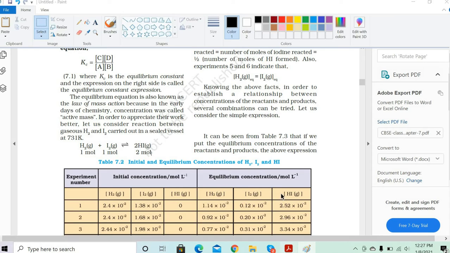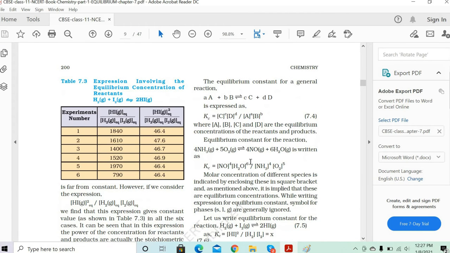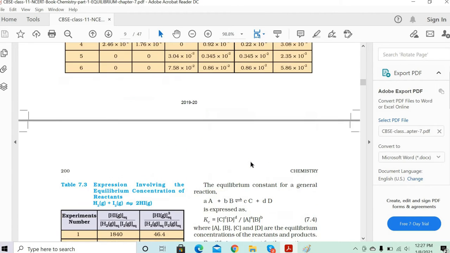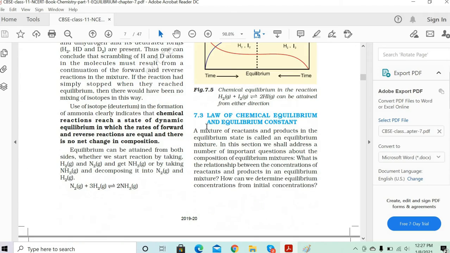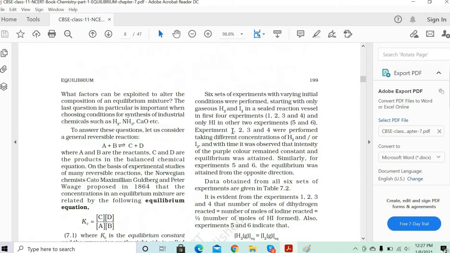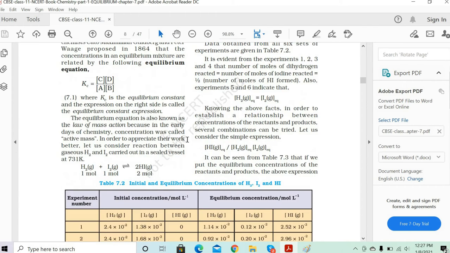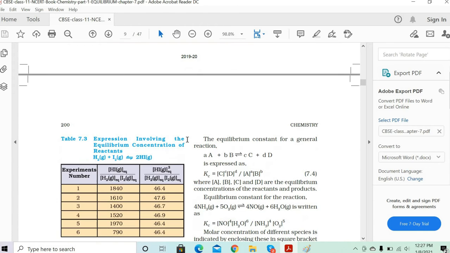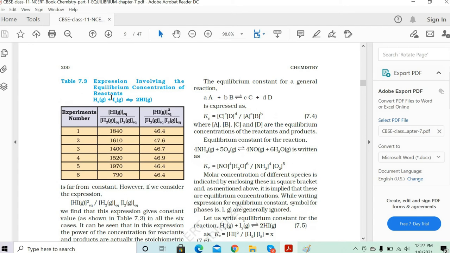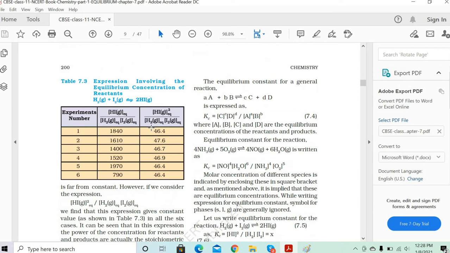Okay. Yes, sir. This part is clear, no? This experiment is clear to you? Okay, now can you just read out 7.3 so that we do not miss any expressions in this part? In case any line is not clear, let me know and I'll clarify it for you. Then we'll discuss table 7.4, okay?